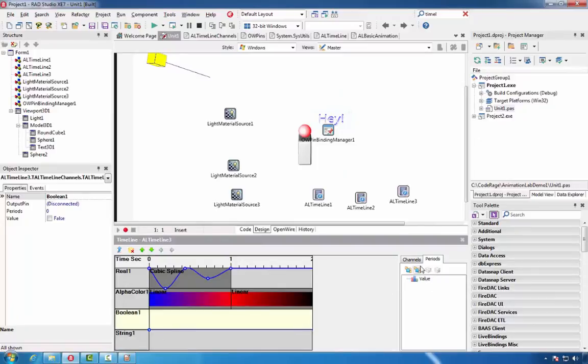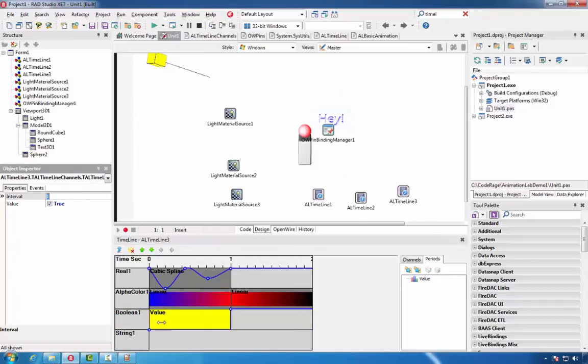For the Boolean channel, we'll set only one value. We'll set its value to true, and we'll make the interval very small, so it is set almost immediately.